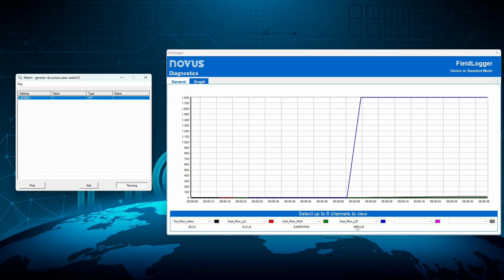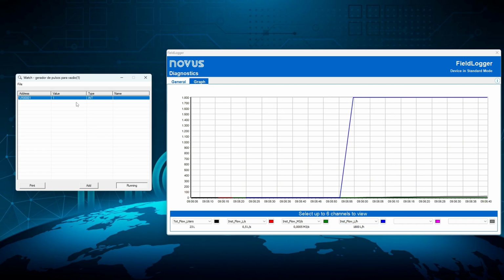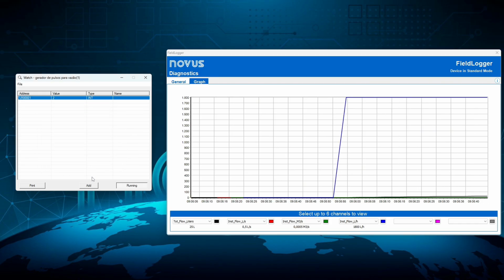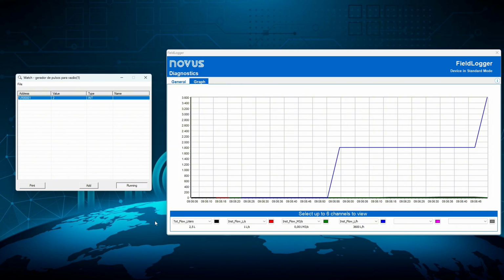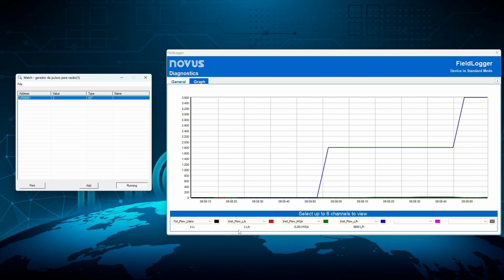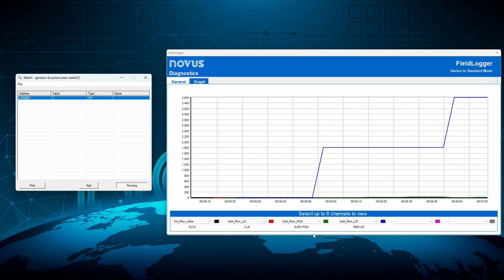I change the frequency to 2 Hz. I reset the totalization using the reset digital input. Now, we have 2 Hz, meaning 2 pulses per second. Since each pulse represents 0.5 liters, we then have 1 liter per second, 0.001 cubic meters per second, and 3,600 liters per hour.